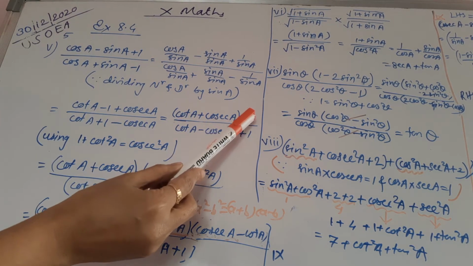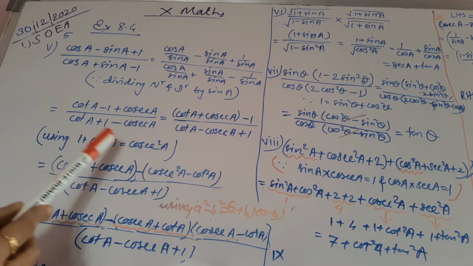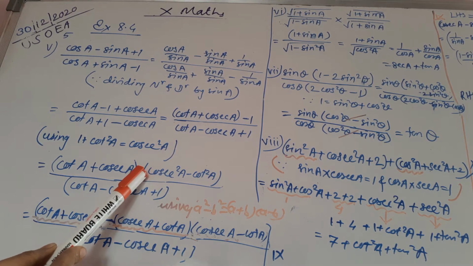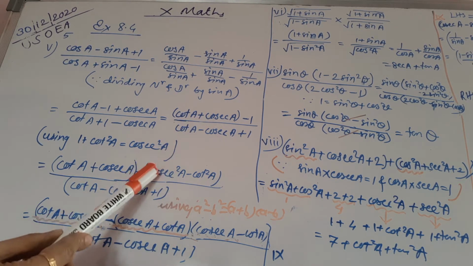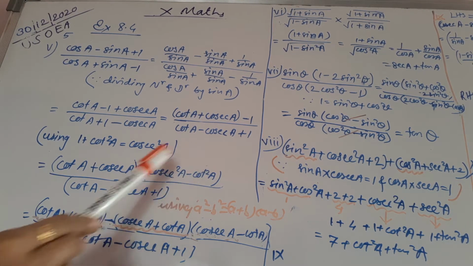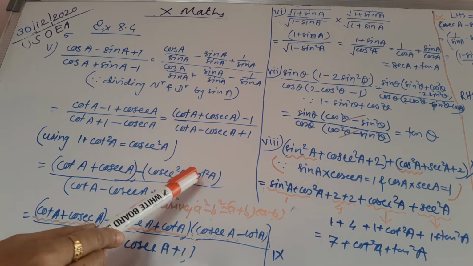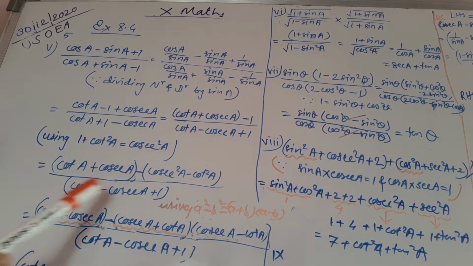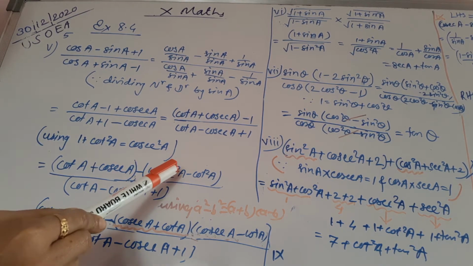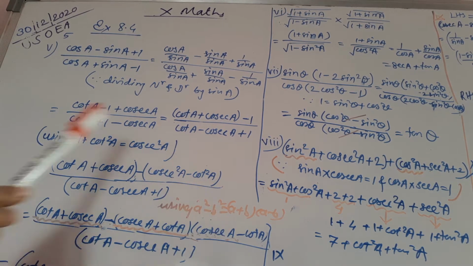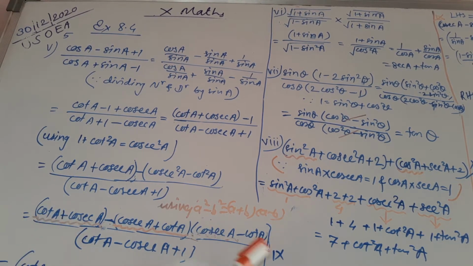at last. Now instead of 1, I have to substitute cosec square A minus cot square A, and that value I put here. Now this is in the form of a square minus b square. So in one bracket we can write a plus b, and in another bracket we can write a minus b. This bracket as it is. Now minus of cosec A plus cot A and cosec A minus cot A. So these are the two terms we got.